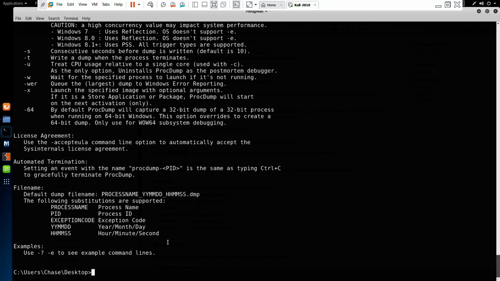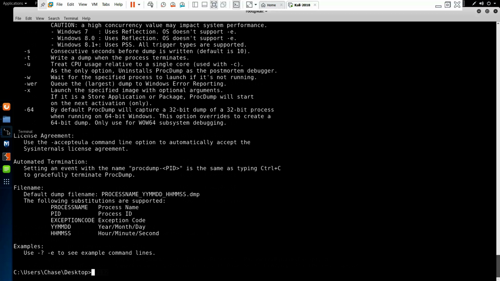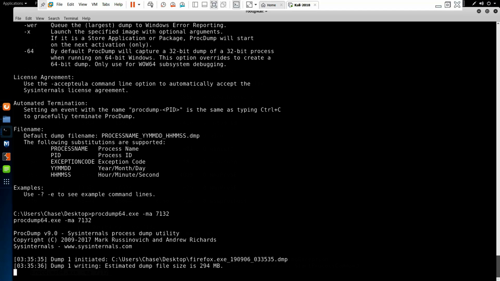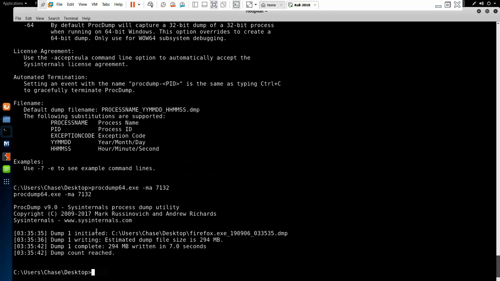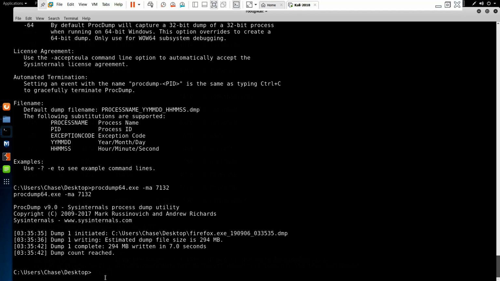I think that looks fine. And then we use this command now to dump the process. And fingers crossed that should work. There we go. So it's writing this dump into here. So this is the stuff we need. It's written the dump, and it's called this Firefox exe dump. So now if we exit,